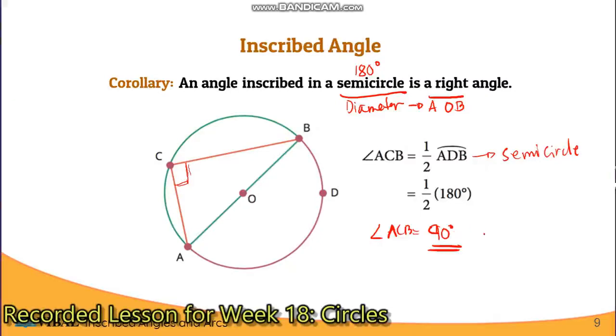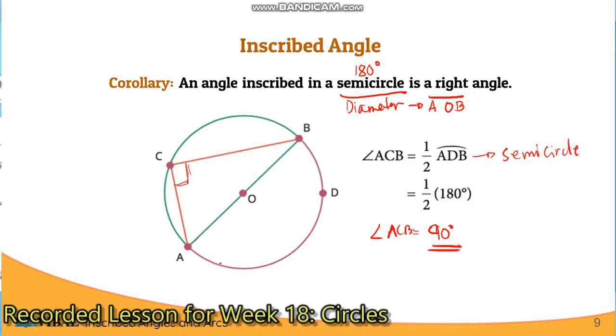a right angle. So, take note, ulitin natin para mas malinaw, kapag meron tayong diameter, or if the arc form comes from the diameter of the circle, therefore, there is an inscribed angle which is a right angle. Ayan. Okay. So, itong inscribed angle natin dito, which is ACB, since na-form siya within the diameter or within the semicircle, ang arc form niya ay semicircle, automatic yan, mga anak, ang angle natin dito ay 90 degrees.